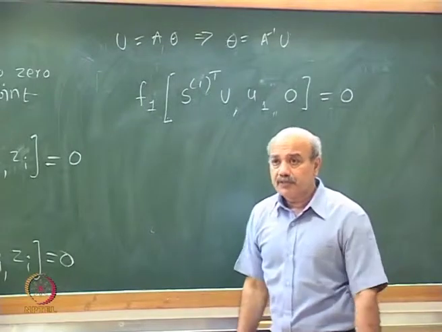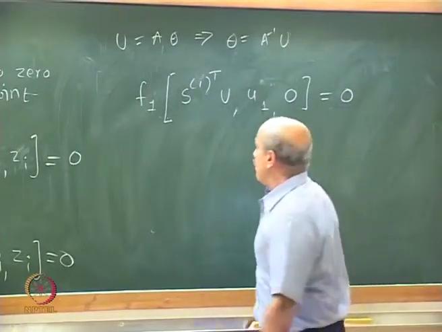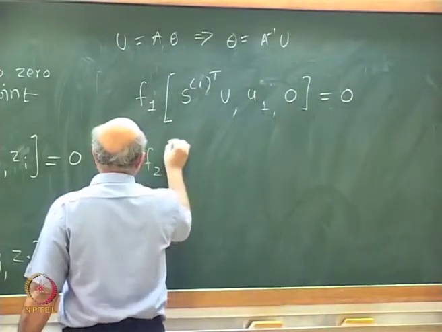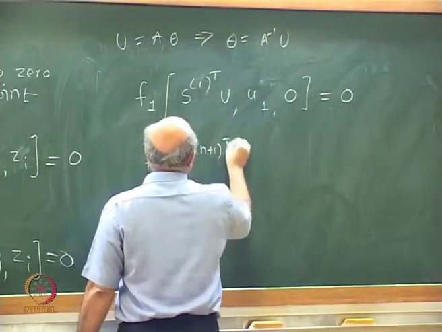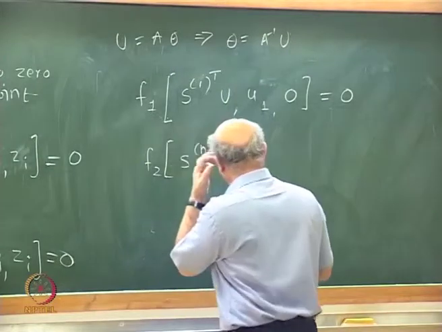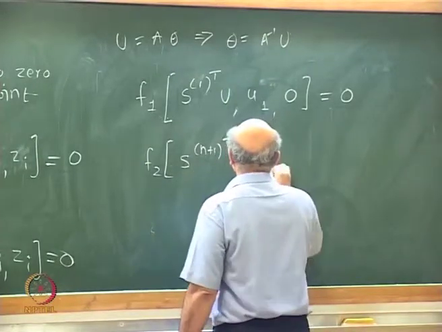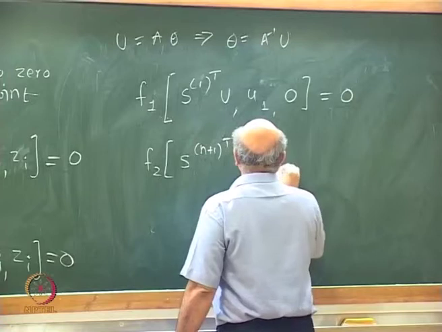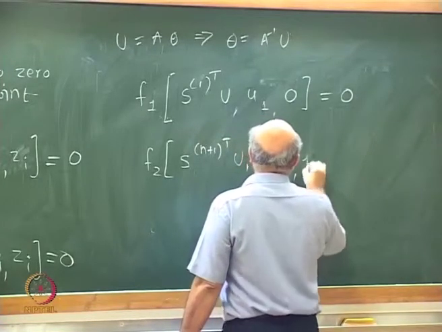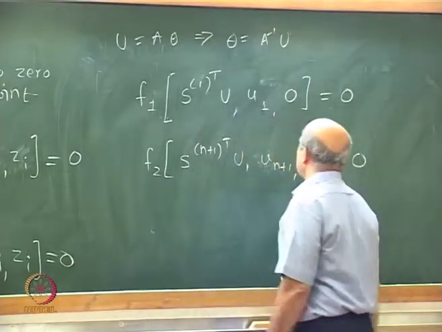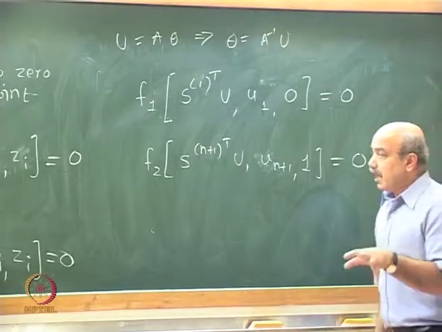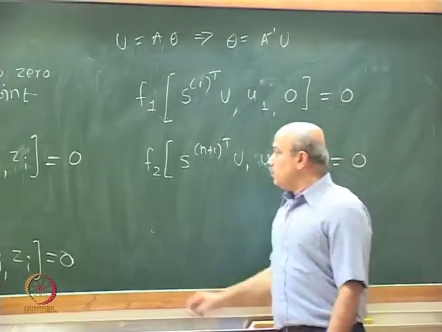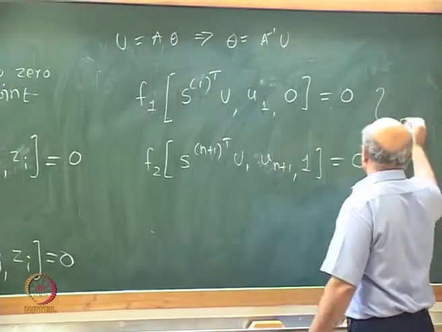This is my first equation. And f2: S(n plus 1) transpose u, with u(n plus 1) at 1, equal to 0. Now you have these two equations,